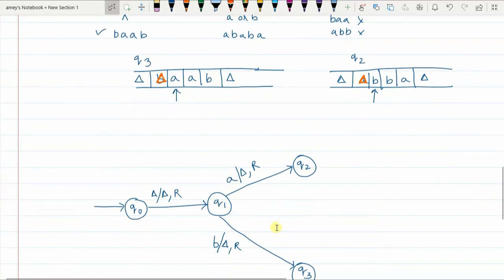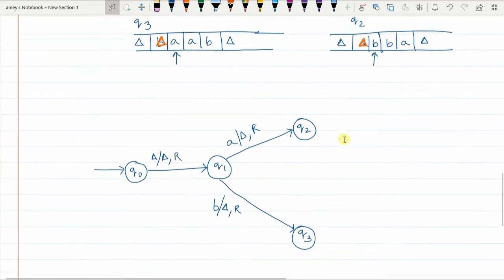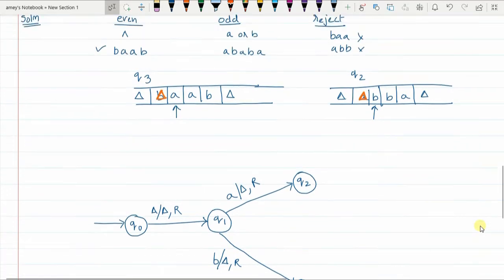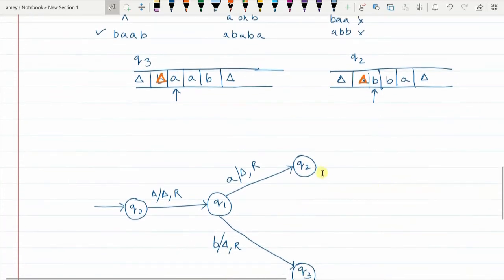Agreed? So now I will focus on only this part. I will focus on only this string, and whatever I do for this part, exactly symmetrically the same thing will happen for the B string as well. Now in Q2 state, the first element which was A, I replaced it with delta. Now in Q2 state, any more A's and B's encountered on the way, I am going to ignore them till I reach the end of the string.